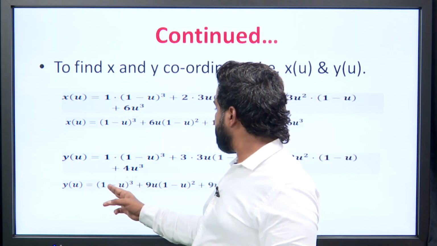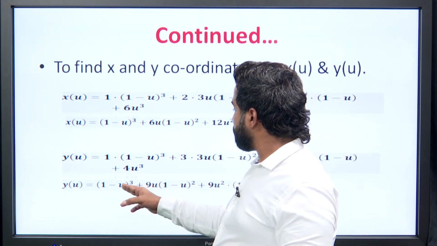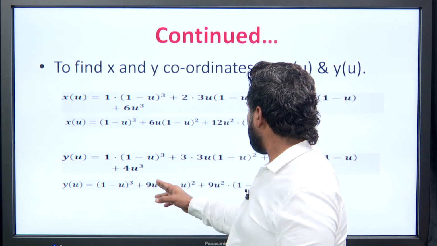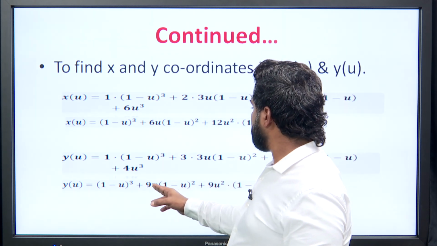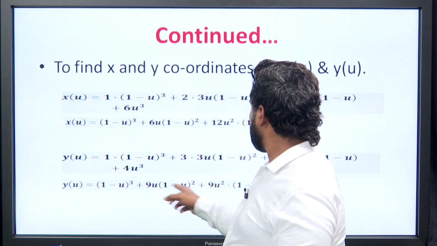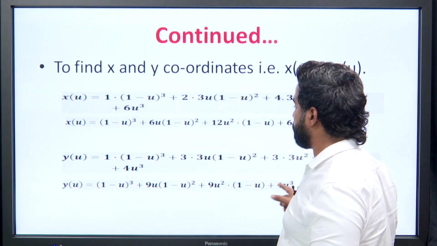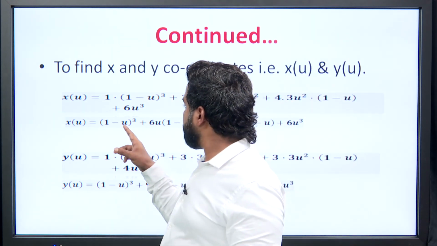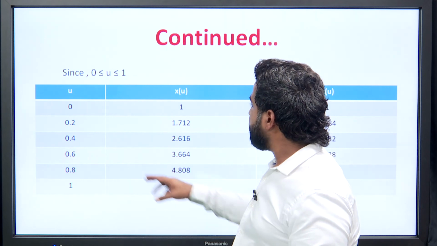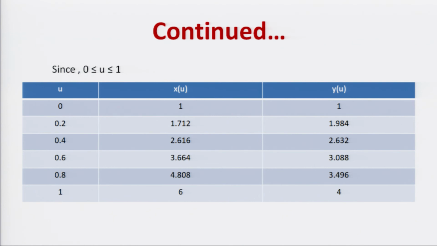Like this, here it is 1 minus u, putting u's value as 1, it comes out to be 1 minus 1, 0. Then u value also 1 minus 0, it comes out to be 1. Then here u is 0, the whole term becomes 0. Here u's value is 0, then the whole term becomes 0 and here also 0. So the x comma y value calculated for 0 comes out to be 1. Like this we calculated for 0.2, 0.4, 0.6 and 0.8 respectively, and we will get this graph. I have calculated it earlier, you can calculate and see.